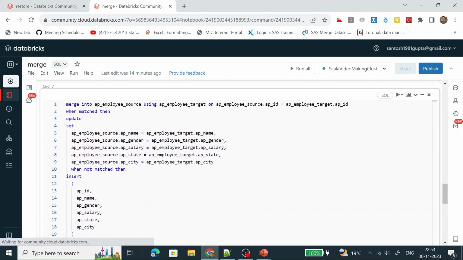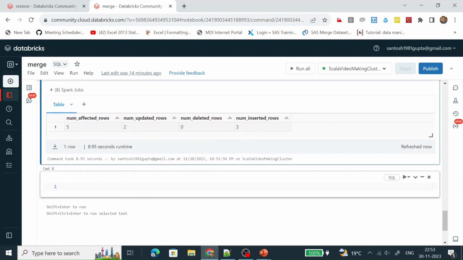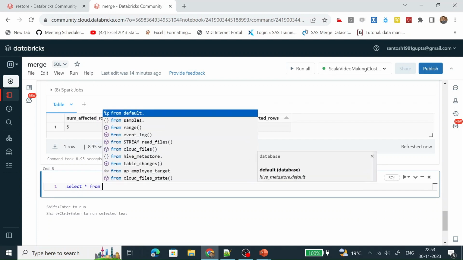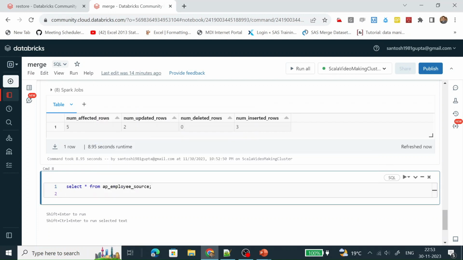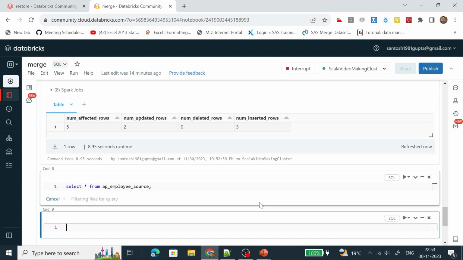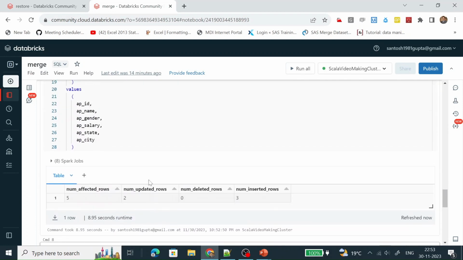Let's see the content of this table. So let's start from, we can see how many records are there. 7 records.